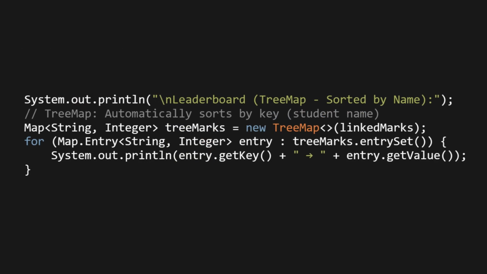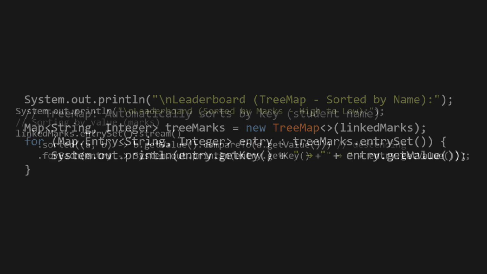System.out.println("Leaderboard TreeMap sorted by name"); Let's use the TreeMap to automatically sort by student name. Map<String, Integer> treeMarks = new TreeMap<>(linkedMarks); for (Map.Entry<String, Integer> entry : treeMarks.entrySet()) System.out.println(entry.getKey() + ": " + entry.getValue());